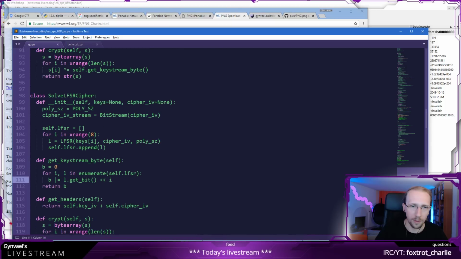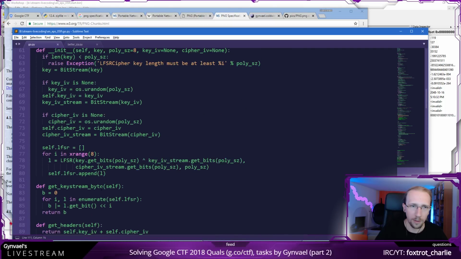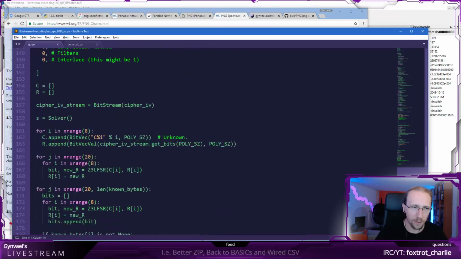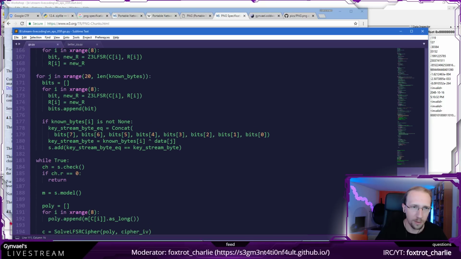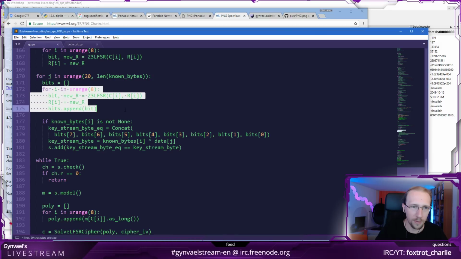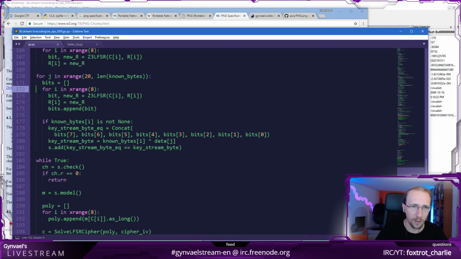And the get bit we get, there is, what? Line 177, I have something incorrect here. If known bytes, then this looks fine to me. Because here is one loop, but actually gets the bits, and here's the other loop, which is actually using the bits. It looks fine, actually, to me.